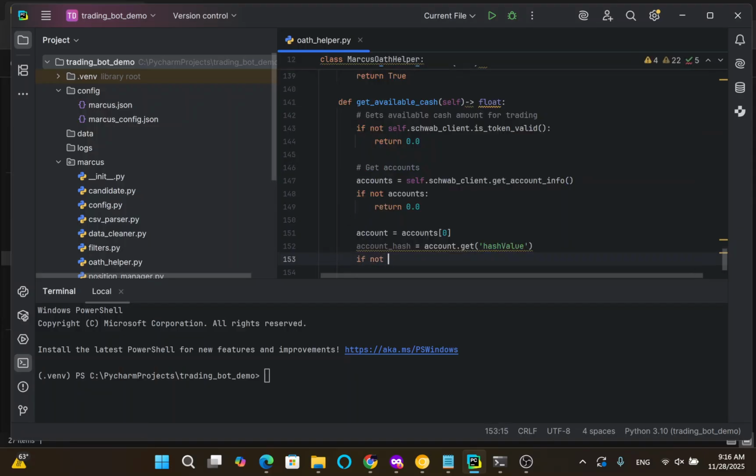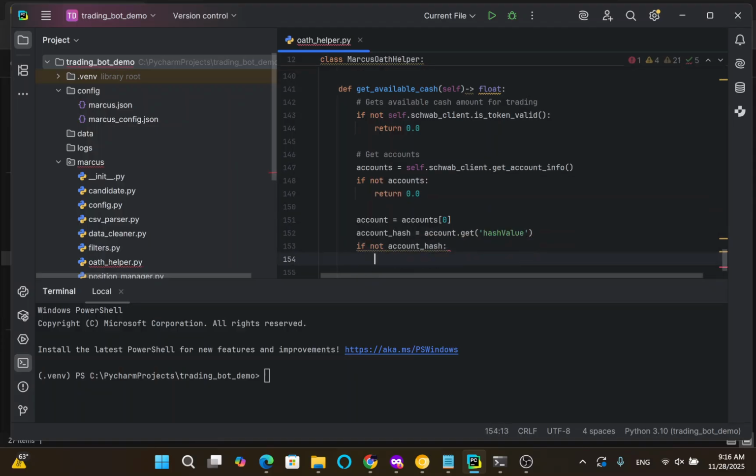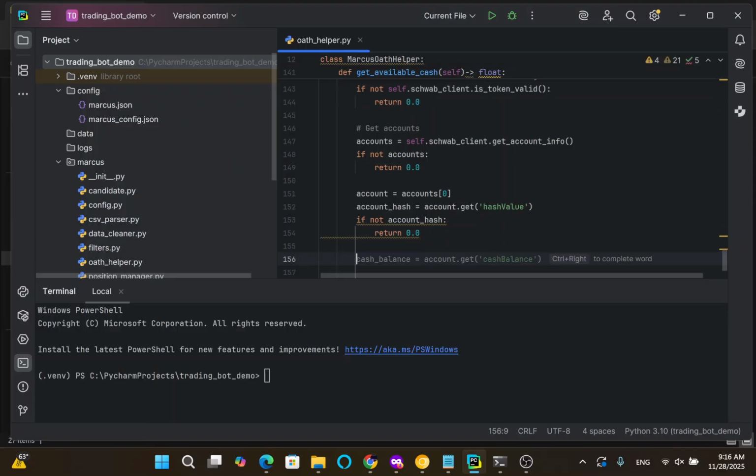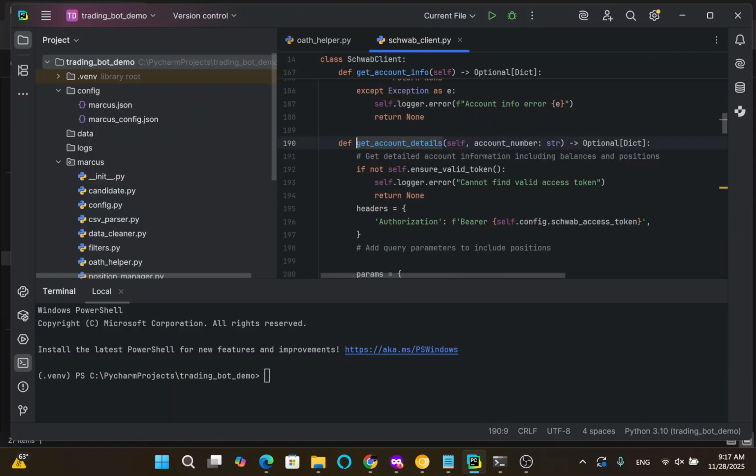If not account hash, again return 0s, but if it is, then details equals Schwab get client, Schwab client get account details. We are basically using our already predefined methods in here,